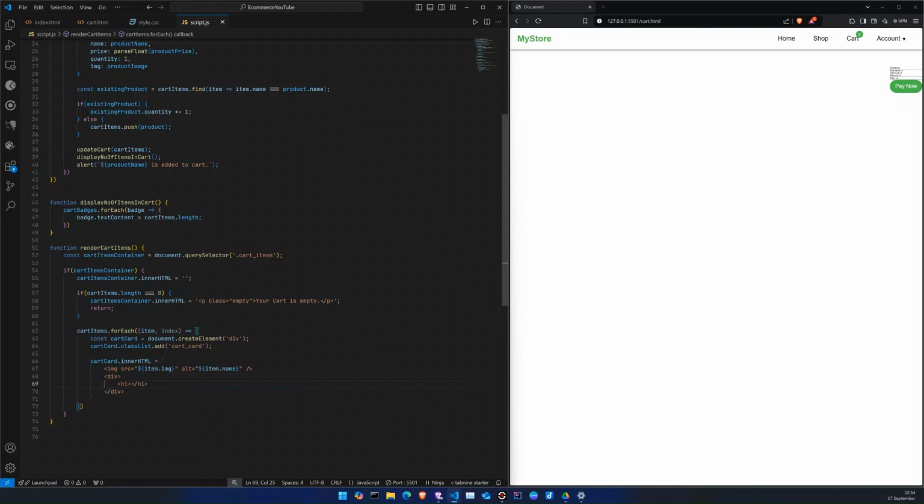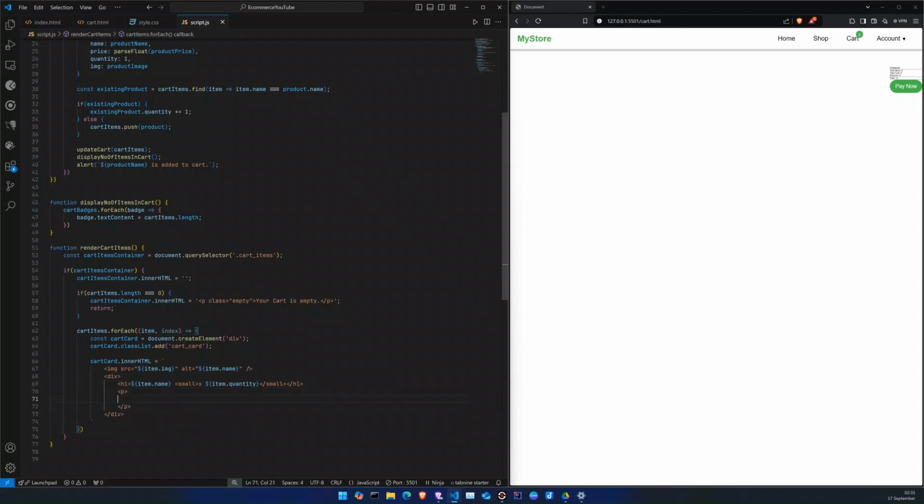In this h1, first I will display the name, item.name, small, and into item.quantity. Okay, so it means that if you have added 2 mangoes, then it will display 2 mangoes here. Okay, into 2 means